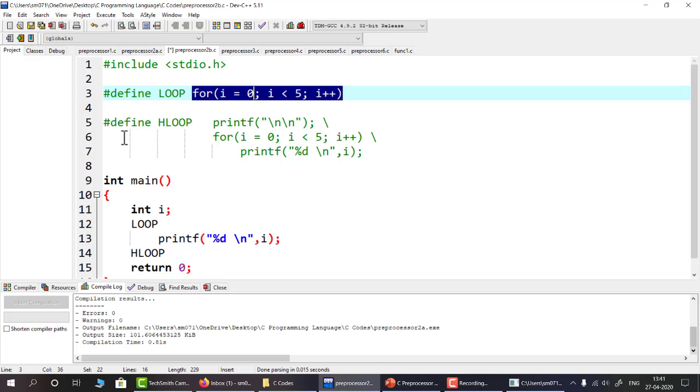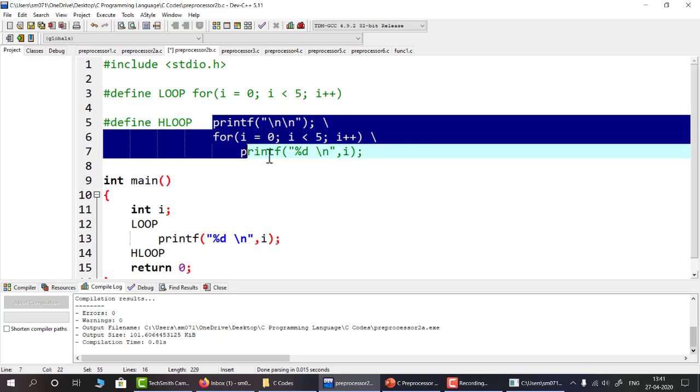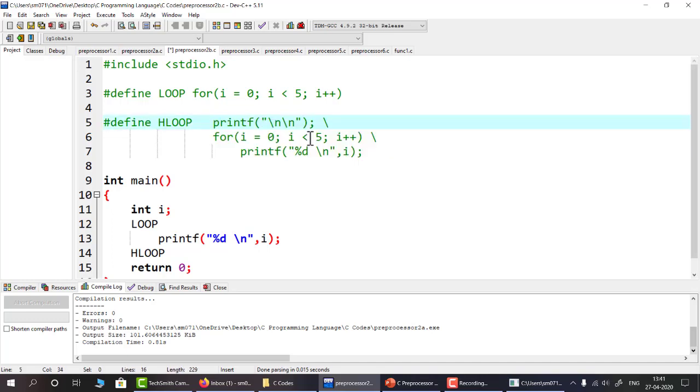Now come to this macro expansion where we have defined H loop as the macro template, and here you can see that we have mentioned 3 lines within the expansion part. This is how we can write multiple lines in the expansion by using the backslash. Each and every line will be followed by a backslash. Then in the new line we can write the next line.